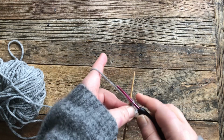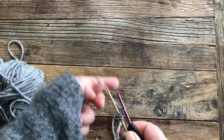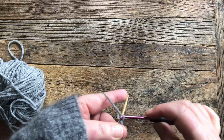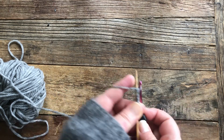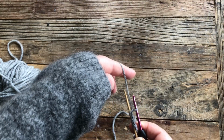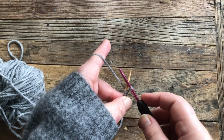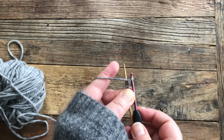And as you get along, you will find your own way of doing it, so it's not as time consuming and awkward as it might look in the beginning. But there you go. So once more, you bring the yarn in between the two needles, under the knitting needle, and then you take the crochet needle, go over and collect the yarn, and bring it backward